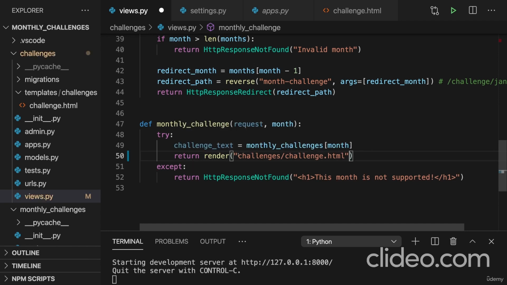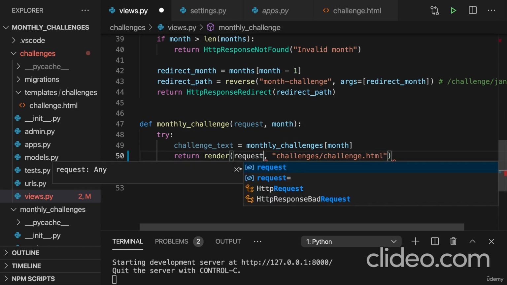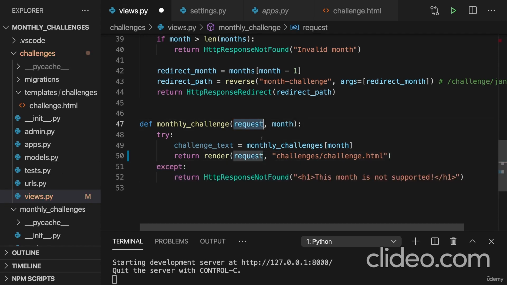The only difference here is that we need to add a first argument in front of that template name, and that should be that request which we received. Up to this point, we haven't done much with that request, but the render function actually needs it, so that internally it can extract data from there. So if you use render, you must pass the request to it, and then as a second argument,